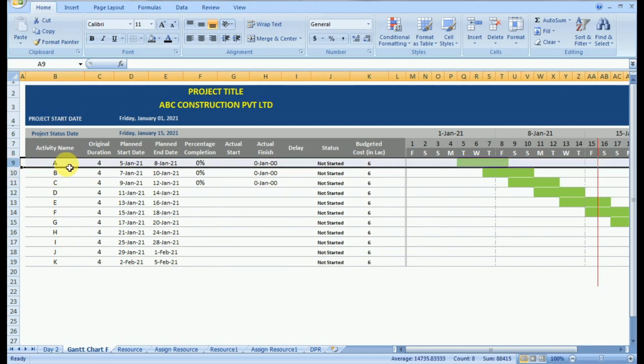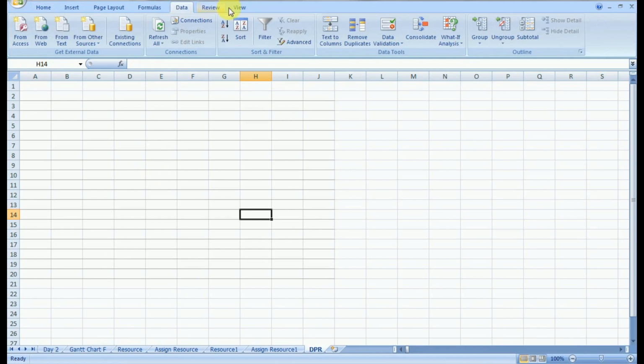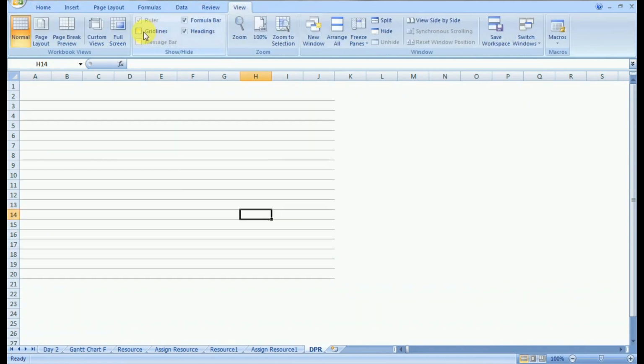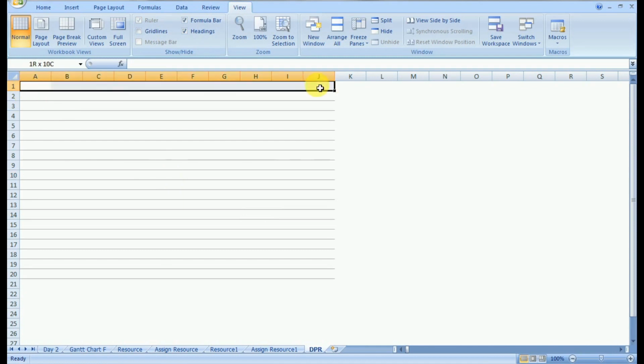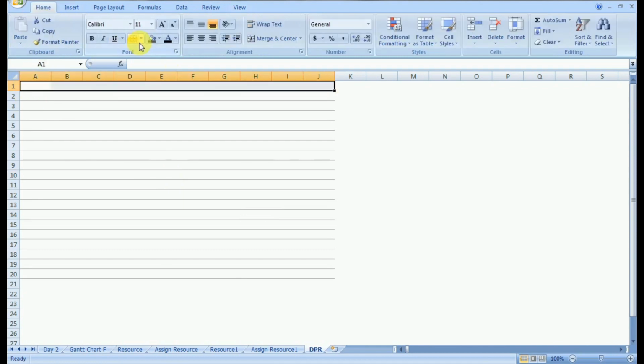You can copy the format from the previously created sheet and paste it in the DPR sheet. You can go to View and turn off the grid, and then we will start providing the column headings.